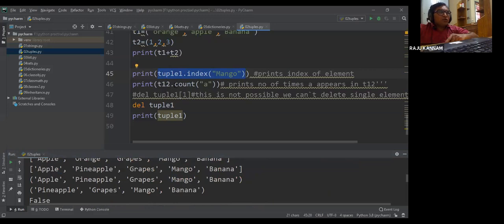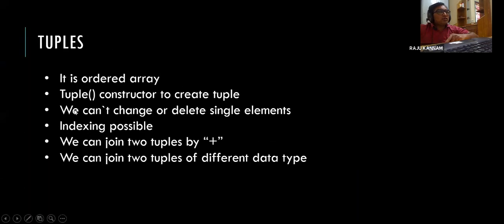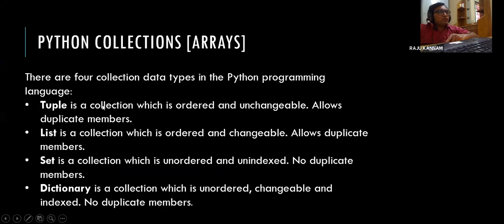And here the count function is used to count the number of elements repeated in that particular tuple. We have seen in the PPT that a tuple is a collection which is ordered and unchangeable, and allows duplicate members. That means in a tuple we may have duplicate members.